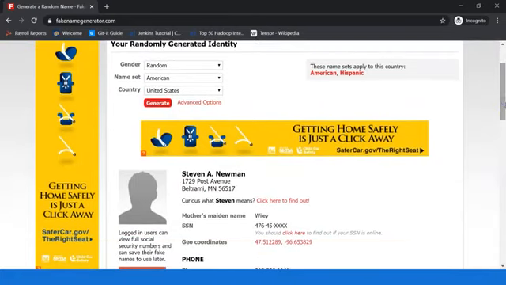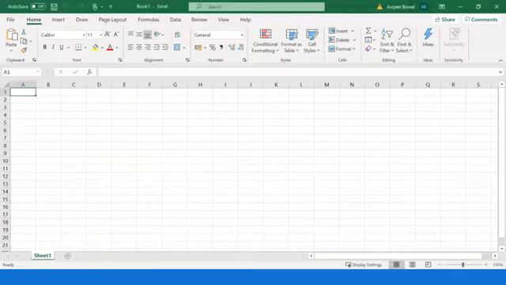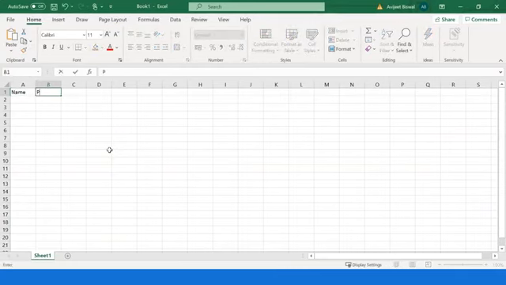Now, if I had to store this data in Excel, I would manually copy and paste each and every detail onto the Excel sheet. So for that, first I had to create columns like name, then phone number, then email.